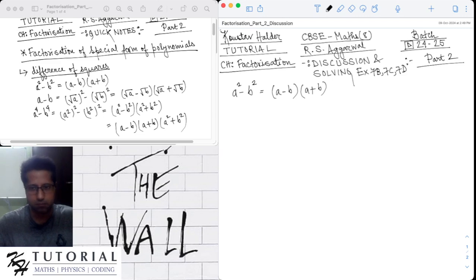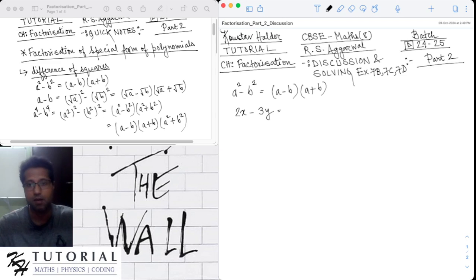the polynomial a square minus b square may not have any square in it. For example, as you can see on the notes, let's say you have 2x minus 3y, and you are asked to factorize this polynomial. You might be thinking, how can we factorize? It is not in the form of squares. It is not in the form of a square minus b square. Now the answer is no, you can